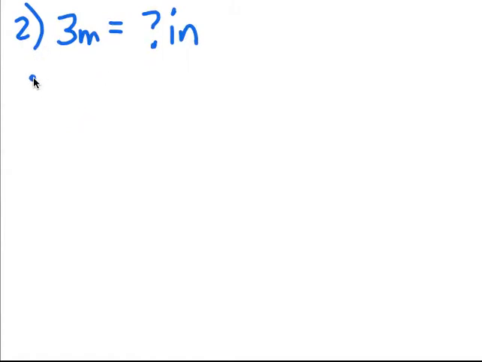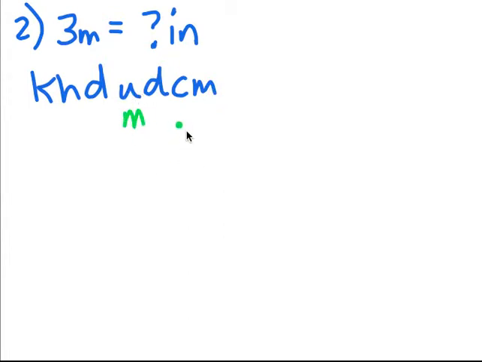Well, there are 2 ways you could do it. You could use King Henry. King Henry died, unfortunately, drinking chocolate milk. And this would be, let's see, we are in meters, which is under the unit, and we want to get to centimeters, because remember, if we can get from meters to centimeters, then we can convert to inches. So I've got to move the decimal 2 to the right. So that would give me 300